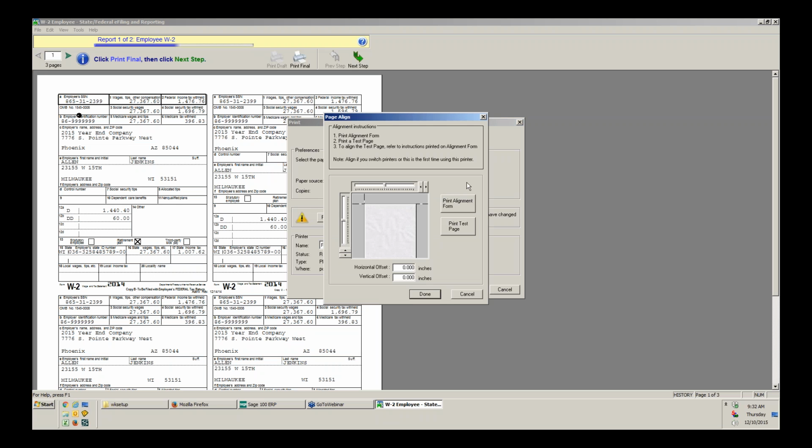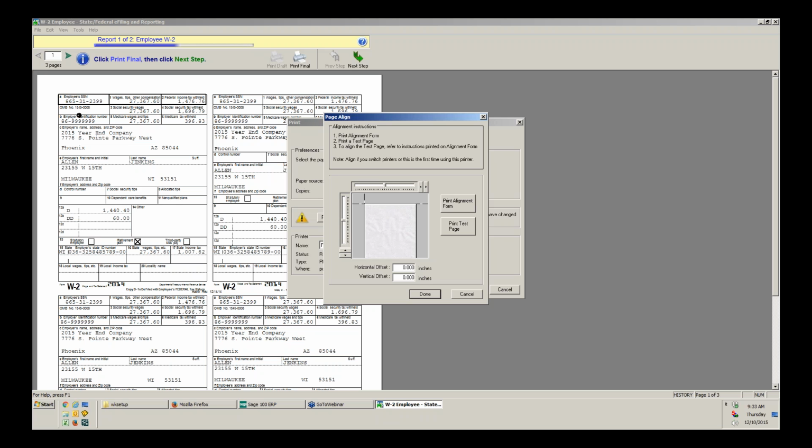But basically, it does still obviously have to be at a specific location on the page, but each printer might pull paper out of its tray slightly differently. So things might be a little further to the left or right, up or down. So this helps you take care of that and adjust the printing so that it lines up with what the